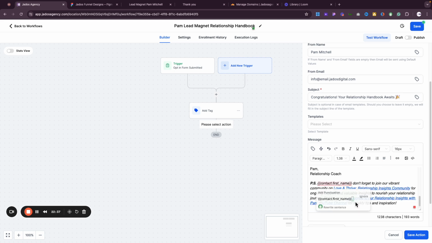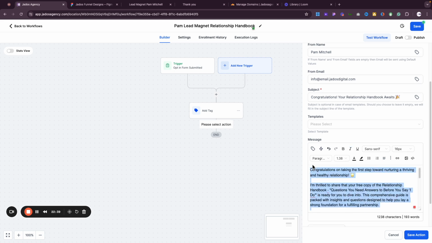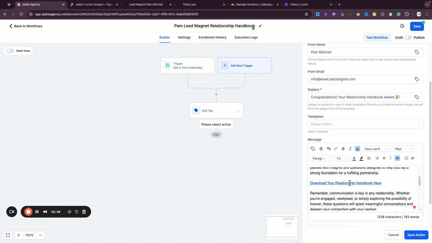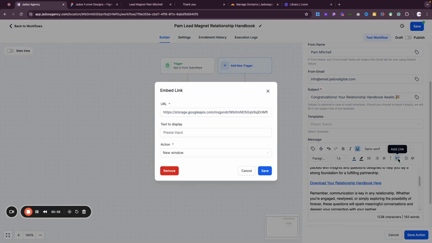Yeah. So we can do that. Select everything and then let's change the line height. Let's make it 1.5. And if you want to change the text size as well, you can do that. But that's why it's so good to have the email prepared beforehand. And our link to the document still remains.